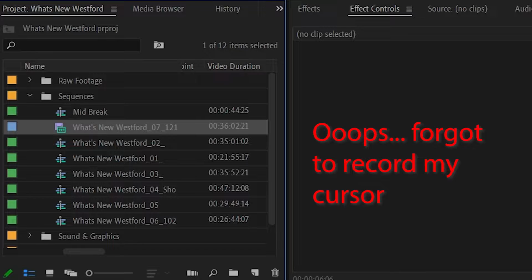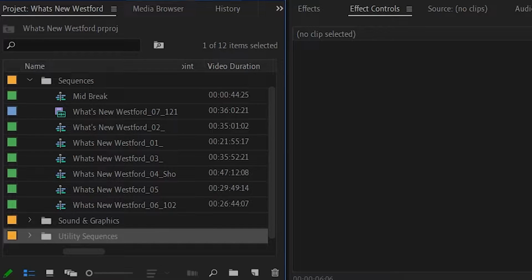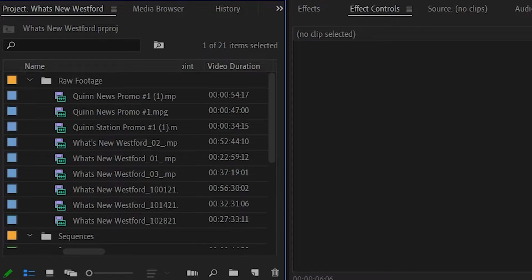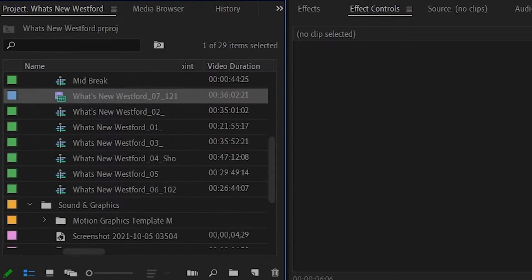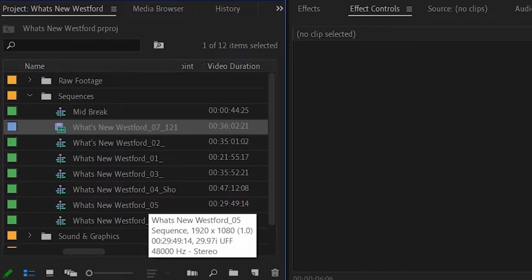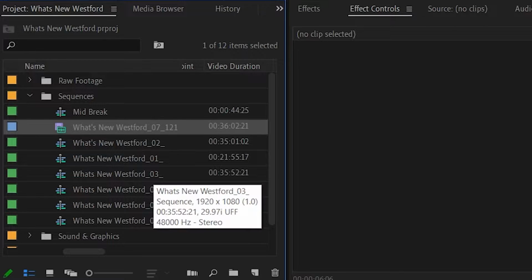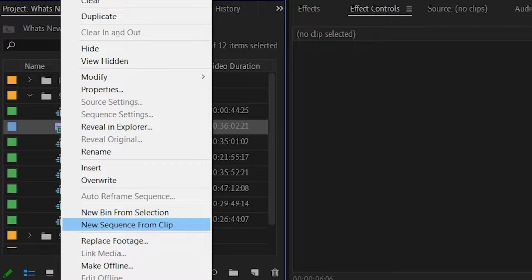sequences folder. I have my project library organized. I have a folder for raw footage, for sequences, for sound and graphics, and for any utility sequences that I might end up making along the way. It really helps a lot to have all of this when you edit a show that has a lot of different episodes, because you'll create something new every time and eventually it'll get all cluttered and you won't be able to find the things that you're looking for. So just putting some things into basic categories using folders here, or bins as they call them in Premiere, is